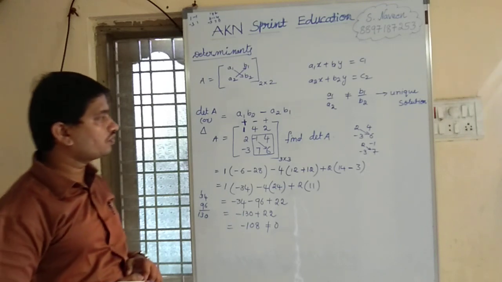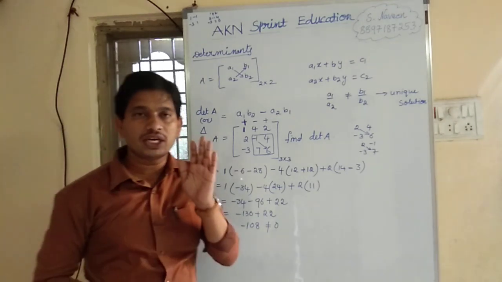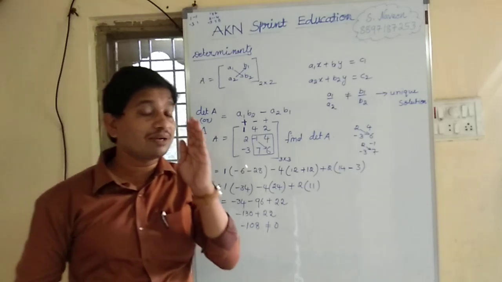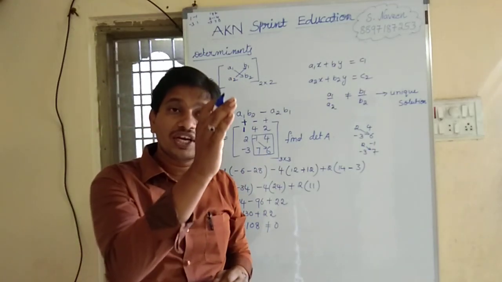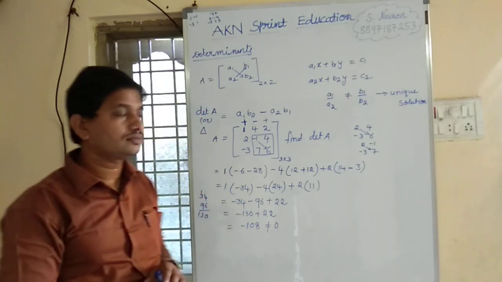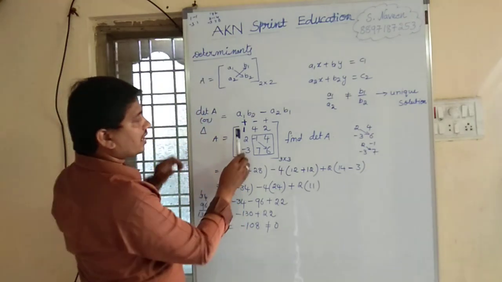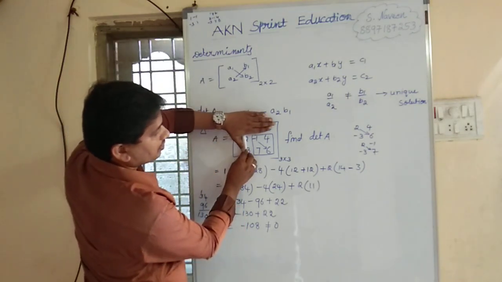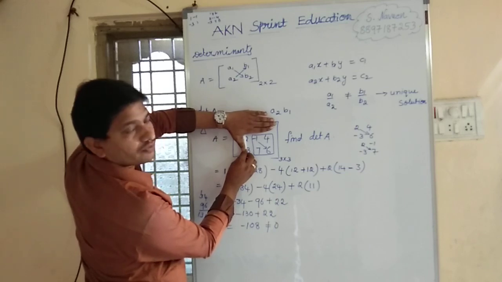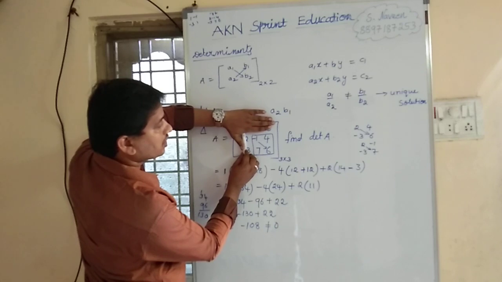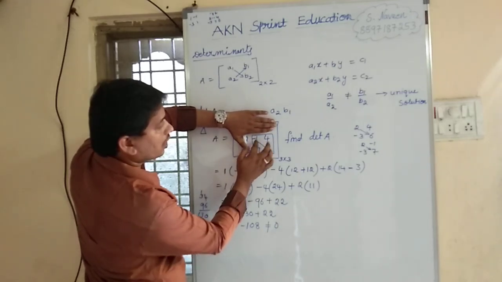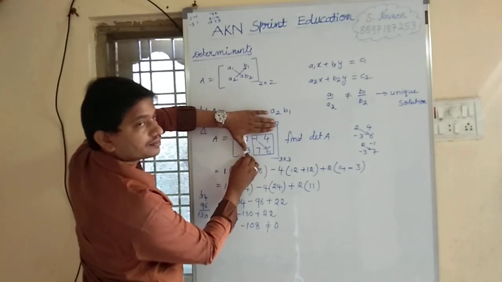Children, you understood how to find the determinant of a 3 by 3 matrix. When we are finding the determinant of a 3 by 3 matrix, we need to remove the corresponding row and corresponding column. See, for finding 1, the corresponding row, corresponding column we remove. This is the corresponding column, this is the corresponding row. When we remove these, row and column, we got minus 1, 4 and 7 and 6.